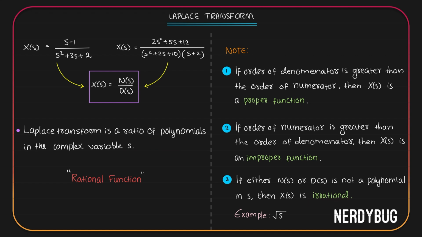The condition for an expression to be a polynomial is that the exponents of the variable should always be positive integers. So over here you can see for s minus 1, the exponent of s is 1. Here it is 2, here it is 1, here it is 2, 1, 2, 1, 1. They are all positive integers. For root s, it is s raised to 1 by 2. It is not an integer. That is why it is not a polynomial.